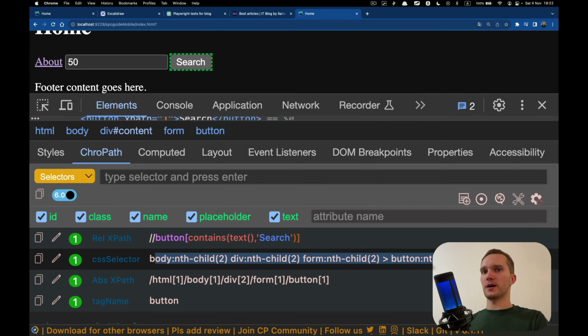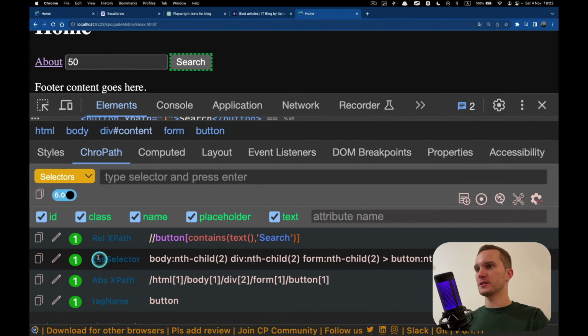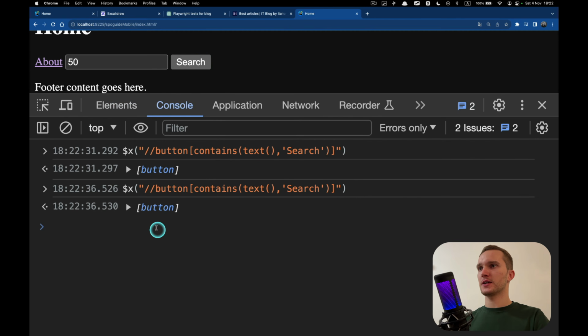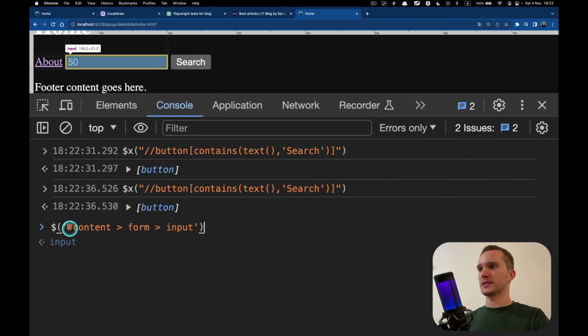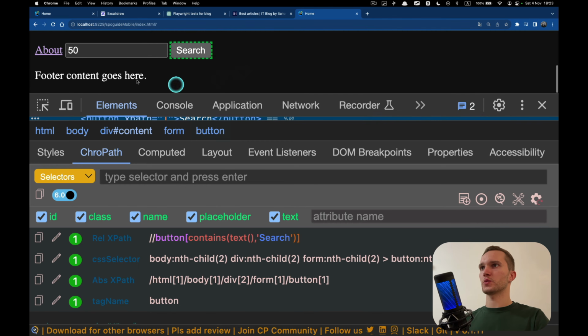I don't like it, and this is not a great practice to have such big selectors. Yeah, we had CSS selector, you see? This is CSS selector, and we have a really tiny CSS selector, content form input. Wow, much more readable than this one. This is crazy. And we have other selectors here as well.